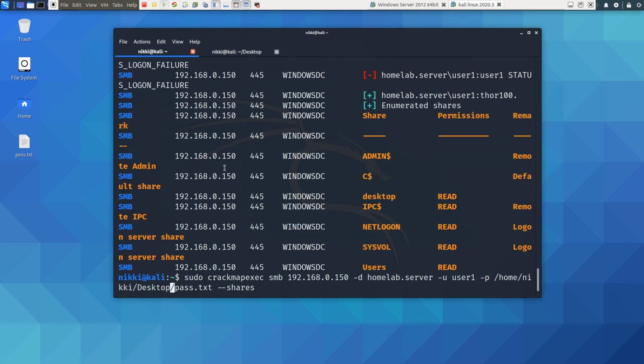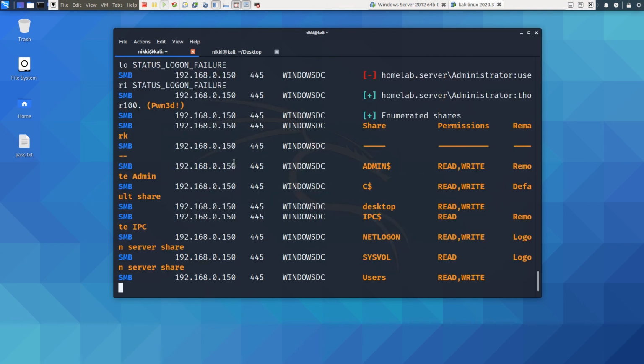Now let's try for the administrator user. There will be a compulsory administrator user for the domain, so you can just add the username administrator and add the password. Now let's try for the administrator user. You can see here it enumerated shares, and the password we have got is Thor100, and it says Pwn3d.